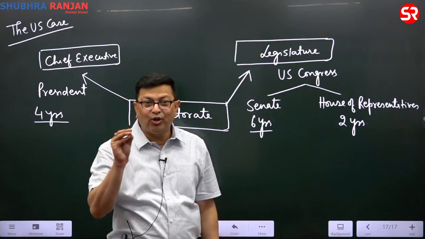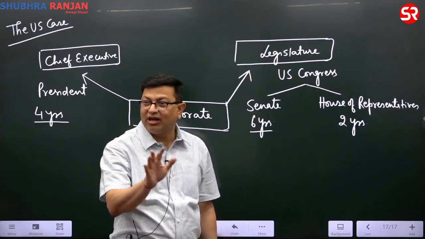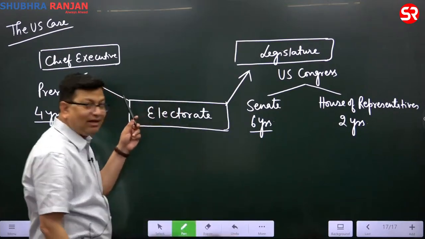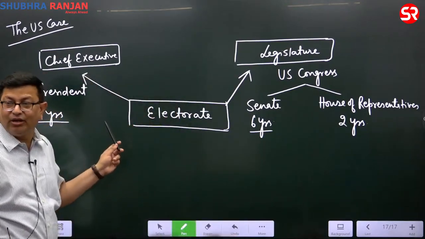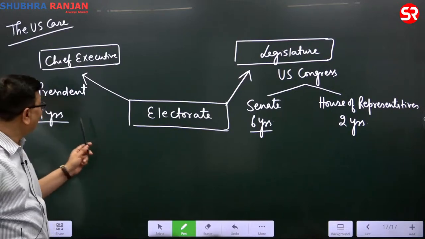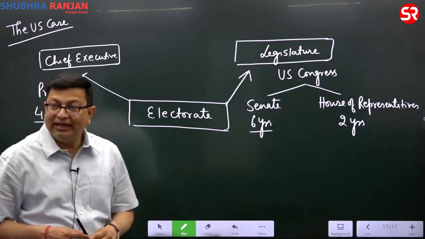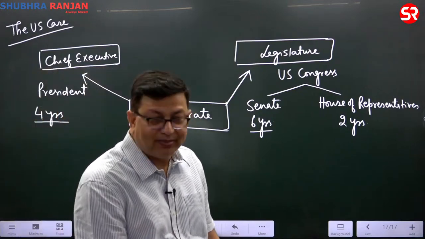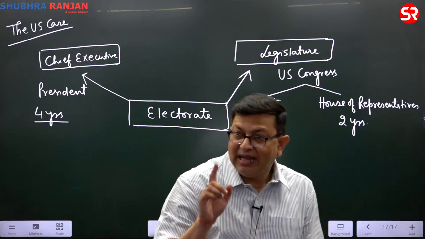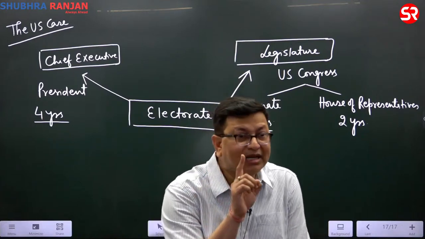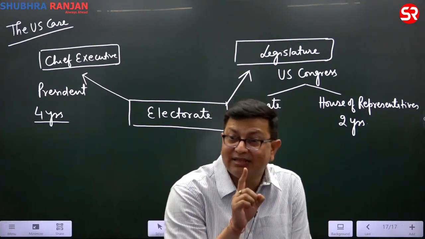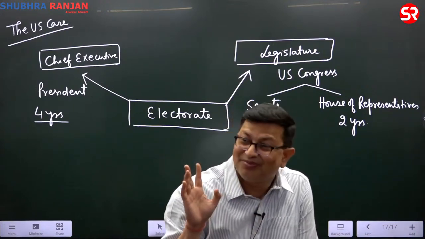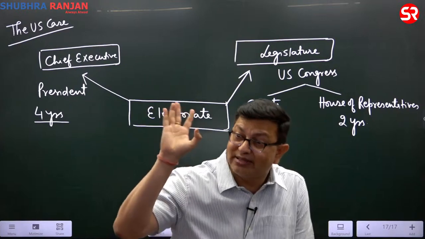In India, if you don't have a majority in the Lok Sabha, your government will no longer be there. But here, it is not the case. He is elected every 4 years. And after the American president is elected,